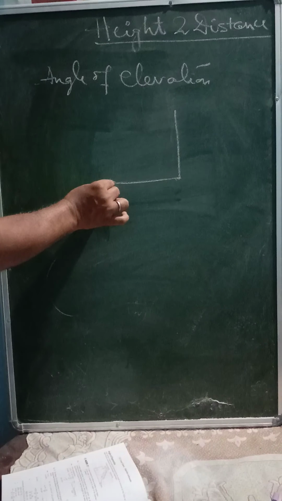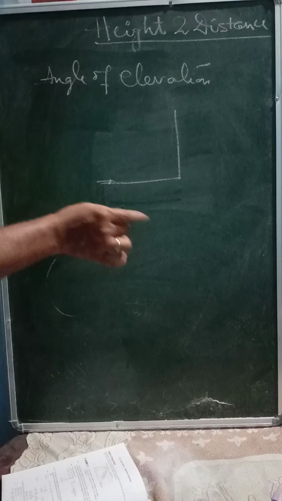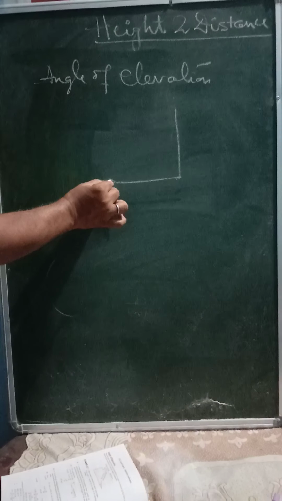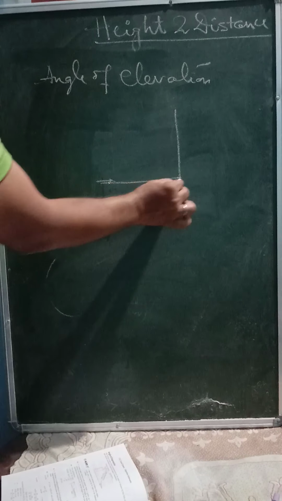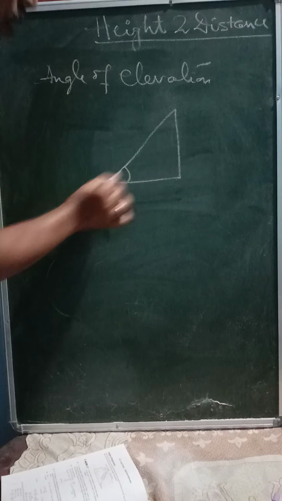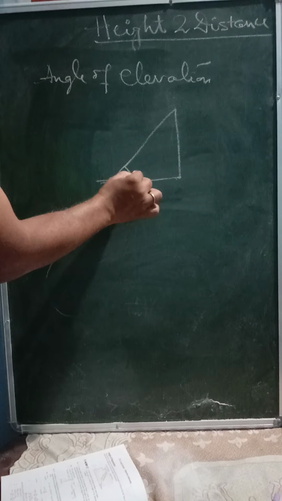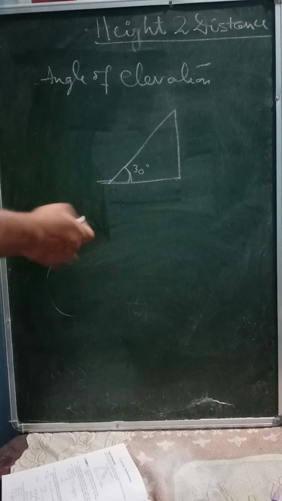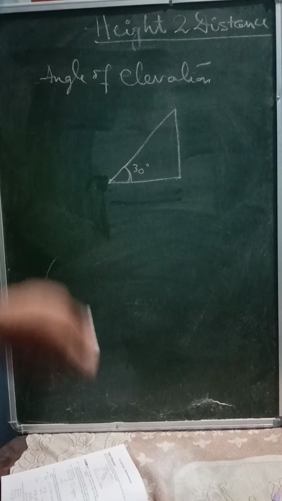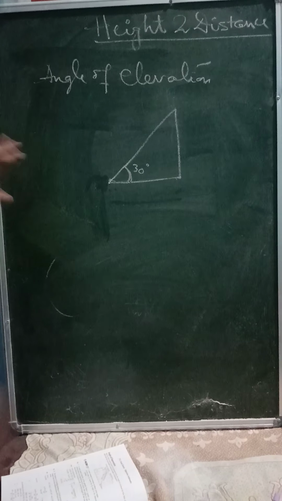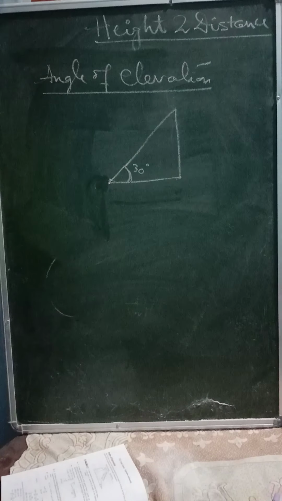If the angle of elevation is given in any question, angle of elevation of the top of the tower from a certain point which is certain distance away from the foot, that is called elevation. Elevation means upper. Understood? So sometimes in questions it might be given 30 degree, it may be given 45 degree, like that. And accordingly, with the help of these trigonometric ratios, you can solve such type of questions. So we must have the idea about the angle of elevation. Understood?